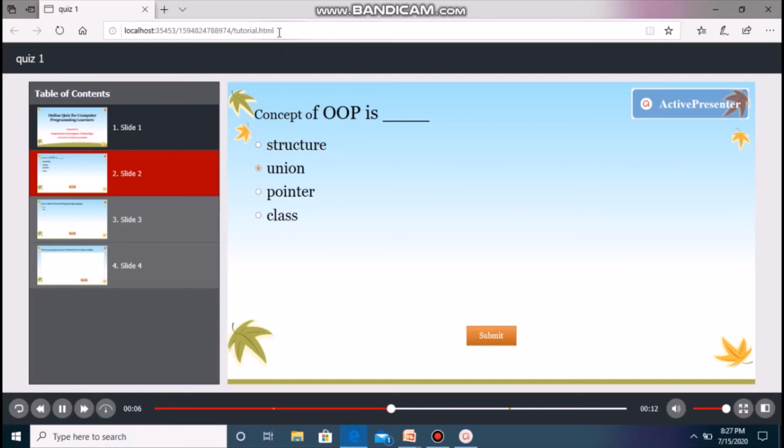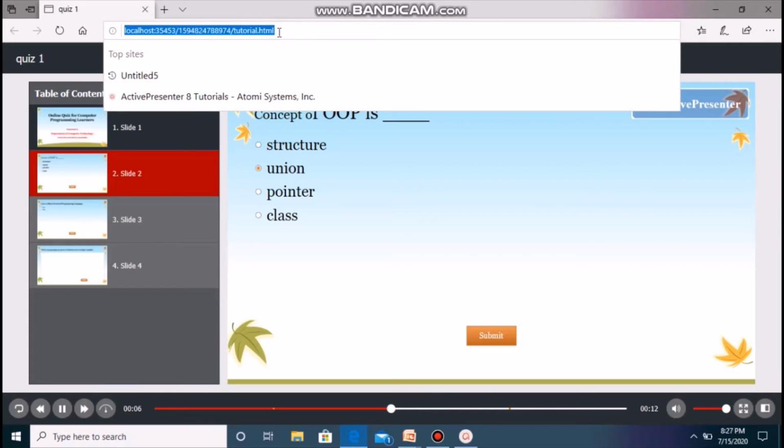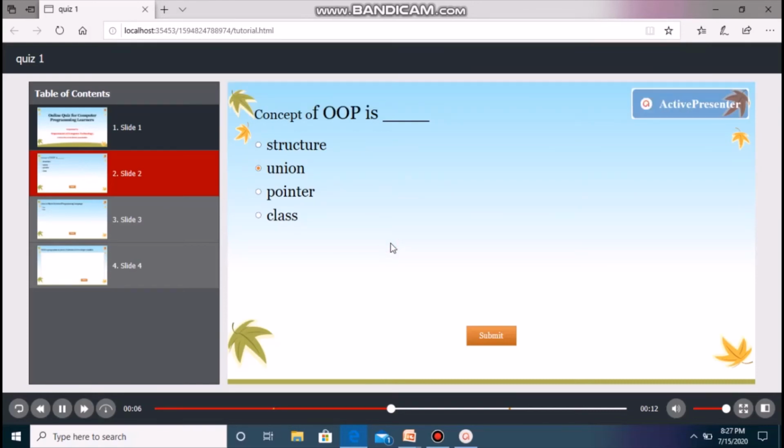This will allow you to share this e-content in your LAN or directly on your college web page. Simply add your server name in place of localhost. Friend, check this out. This is one demo test which I created for you to look at. Simply select the answer and submit.